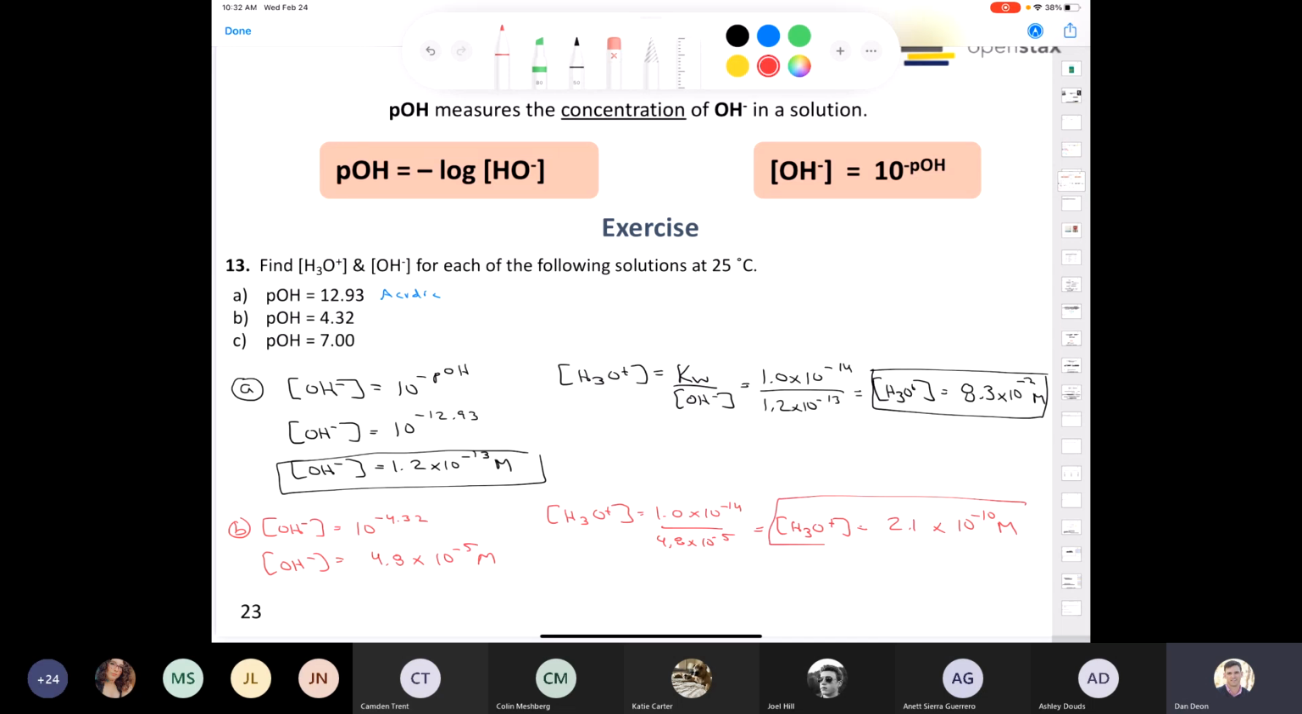So what's the take-home message here? When the pOH is less than 7, I end up with something that has more hydroxide than hydronium. So this is a basic solution. All right, now for pOH,